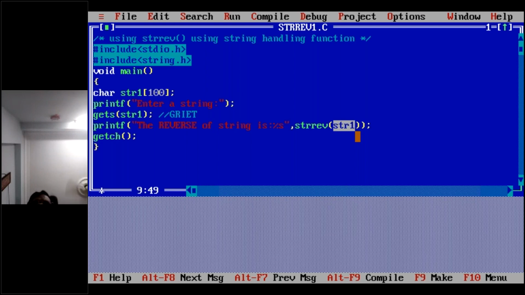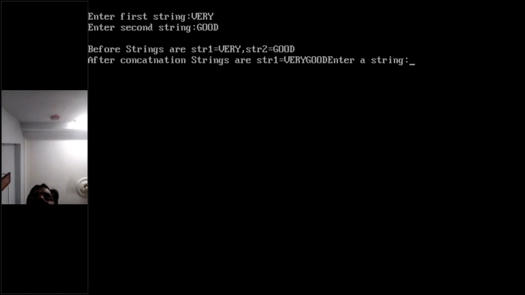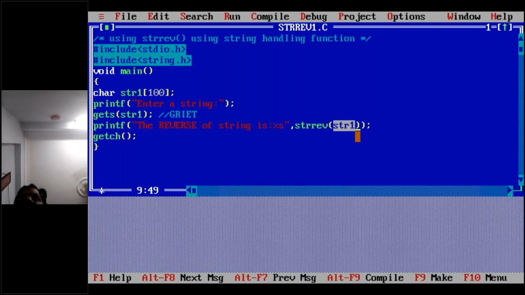Now I am going to execute this, and it will show you the reverse string. Oh man, I didn't use it, I think. Just a minute, I am clearing the screen.